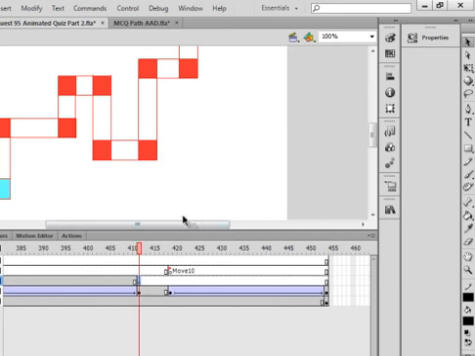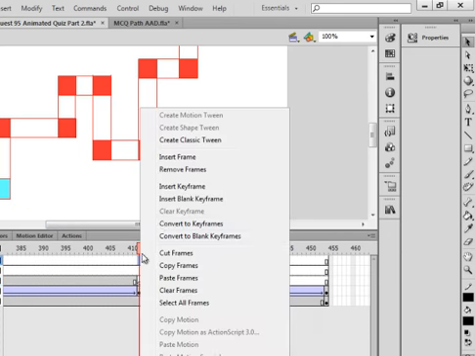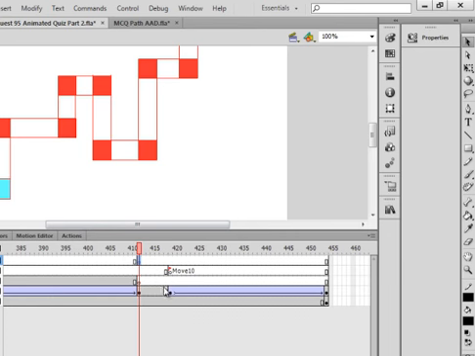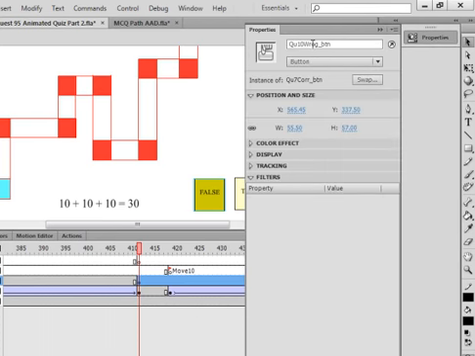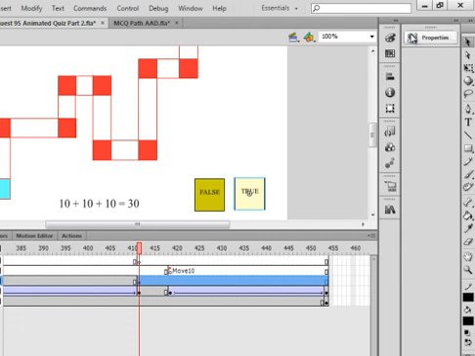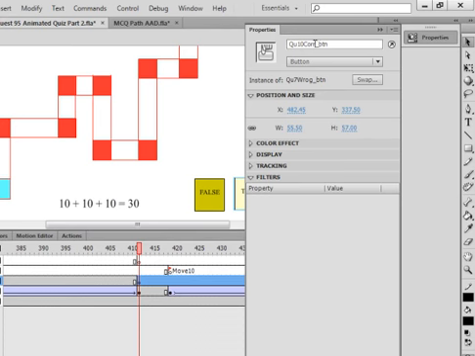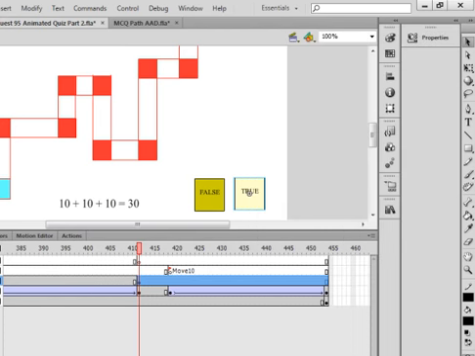Insert blank keyframe. Insert blank keyframe. Click here. This is where you're going to put your question. I have 10 plus 10 plus 10 is 30. That's true. So this is going to be false 10. And because it's a true false, there's no A or B. So this is question 10 wrong, _BTN, wrong. And this one here is correct. Question 10 correct, BTN. Now,